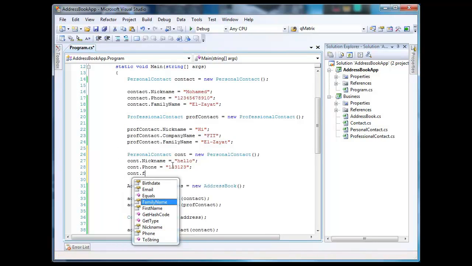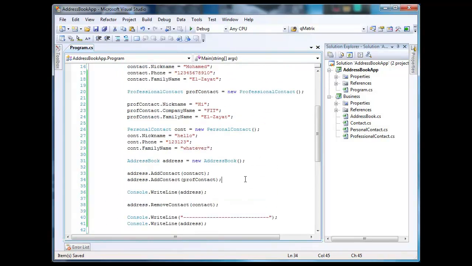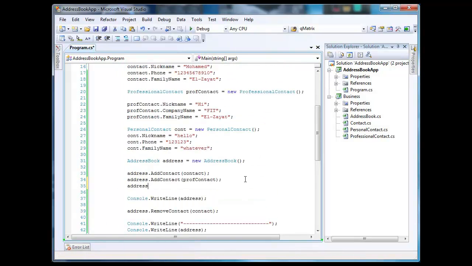And then cont.FamilyName is going to equal to... what happens with that long, whatever. Okay, so we have something like that. Of course, I do not forget to add it to the add contact part, so I'm going to add cont, and let's just